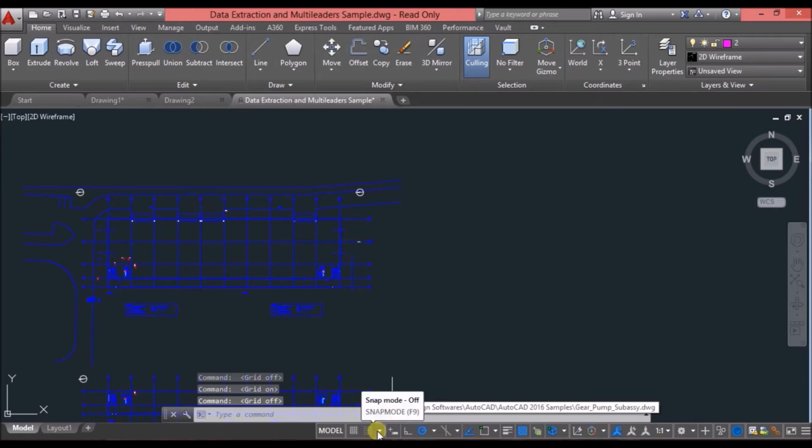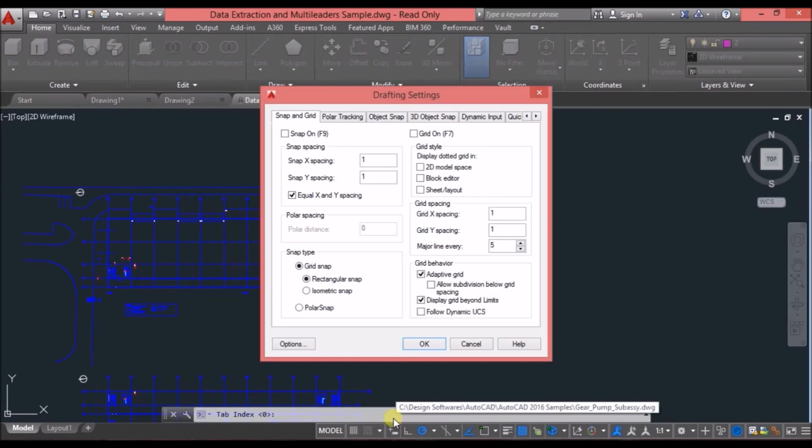Now the second one is snap mode. Now this will be used along with the grid mode. For example, the snap mode is set on grid snap. So when I go to snap settings, you can see the snap spacing is x and y 1, 1. I'll change this to 10, tab, 10. This is for equal x and y. If you want to keep them separate or with different values, you can just click on this and say, if you want to have 5, so now you can have different properties.